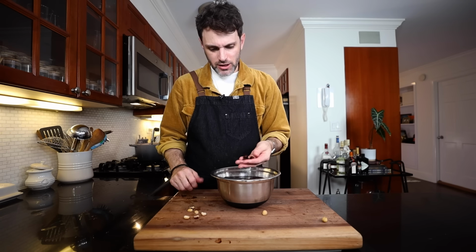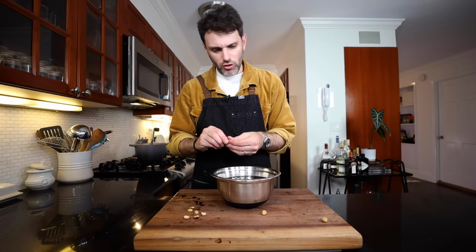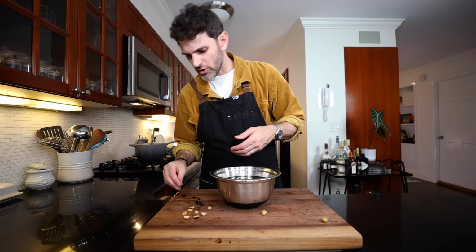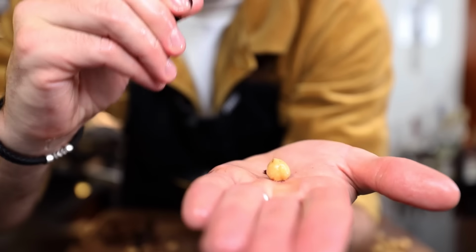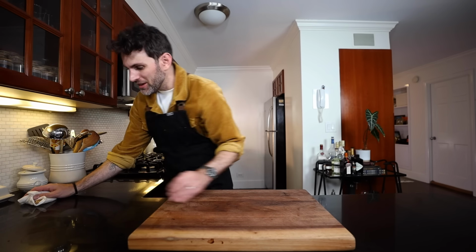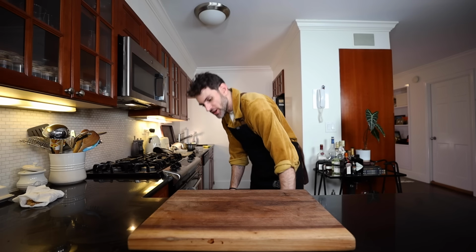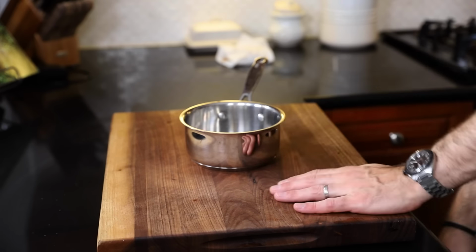There we go. So remove the skin from the hazelnut, but keep it whole. Like if you break it, it's no good to us. Hazelnut with skin on it, and then we just kind of squeeze the skin. Blanched hazelnuts under control. They're dry. We're only gonna need 9 of them, but you know, better to be safe than sorry, as we have learned today. So we're gonna bring over the small saucepan yet again,